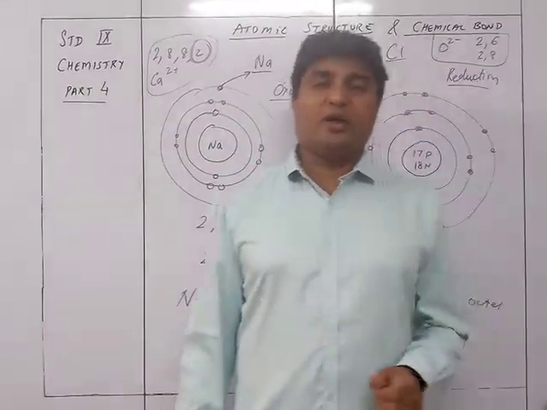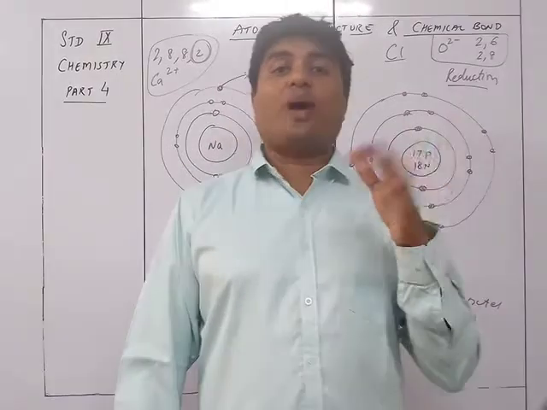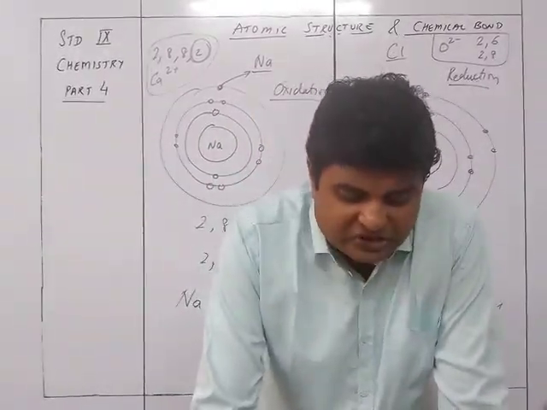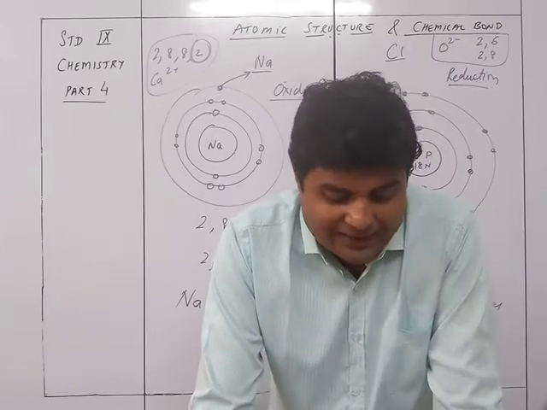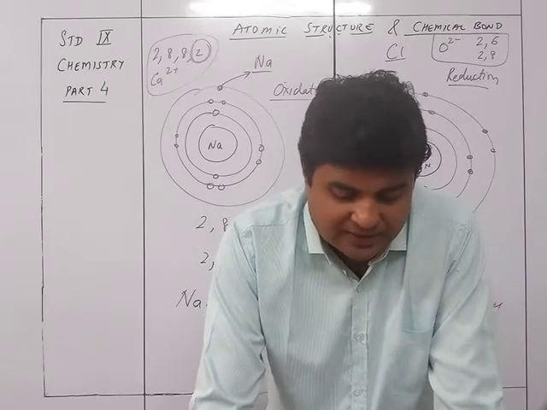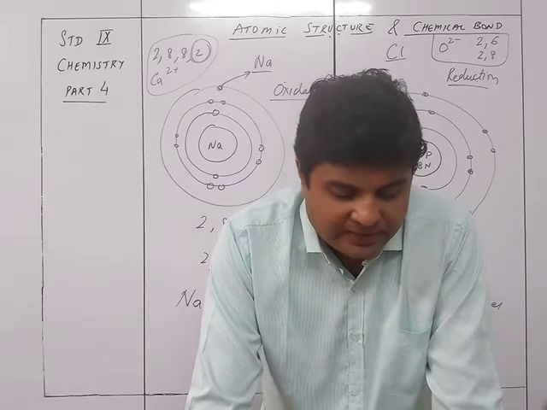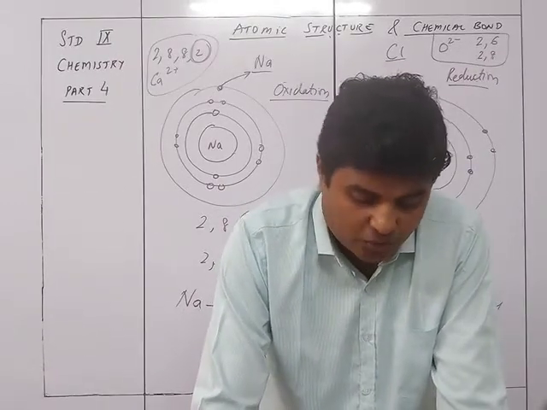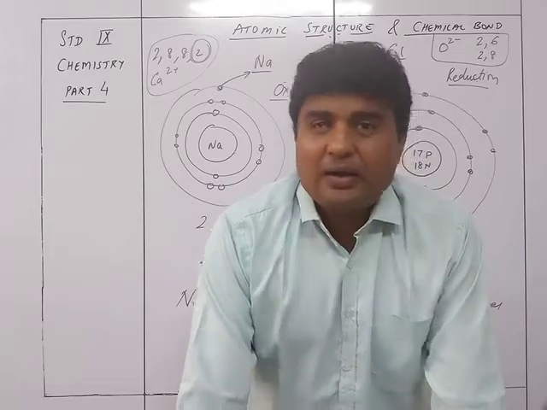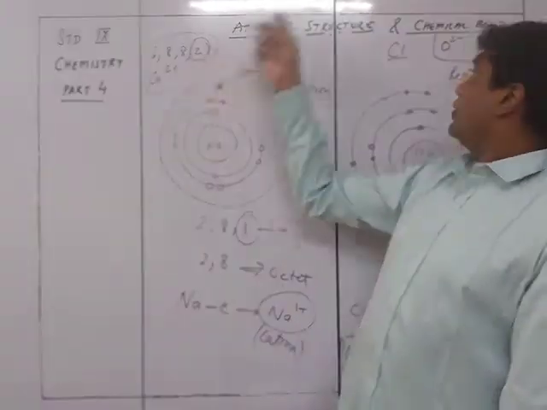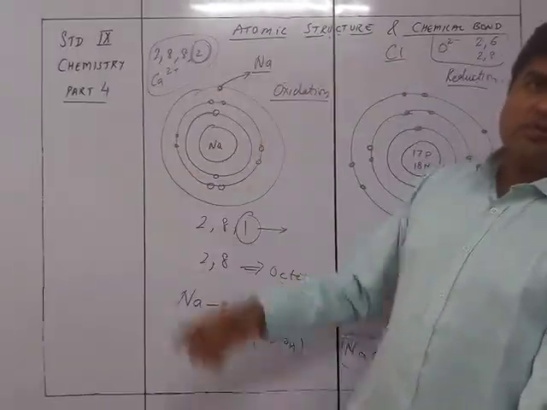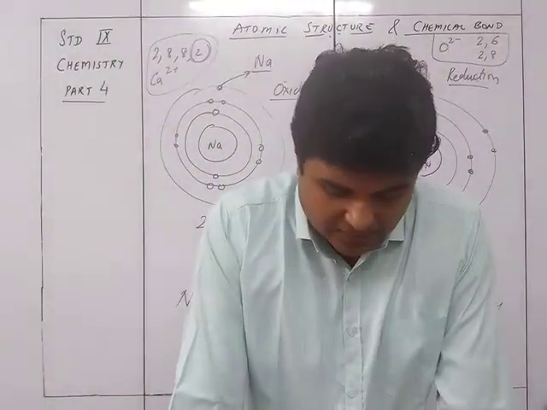Why ionic or electrovalent? Because ions are formed, and the valency is electrovalency. The oppositely charged cations and anions attract each other with an electrostatic force of attraction, resulting in the formation of ionic or electrovalent compounds, NaCl, CaO, etc. Similarly in calcium, these 2 electrons are going to go to oxygen, and oxygen will take the electrons from here. So accordingly we will be forming CaO as the compound.